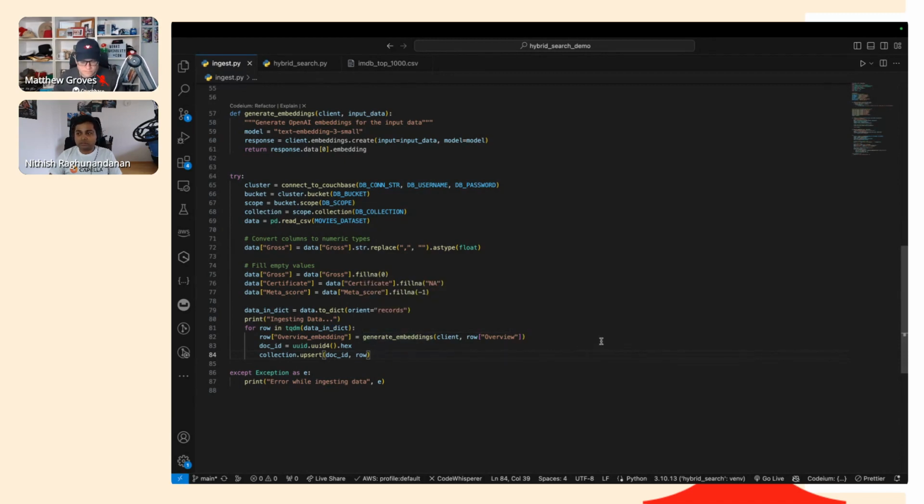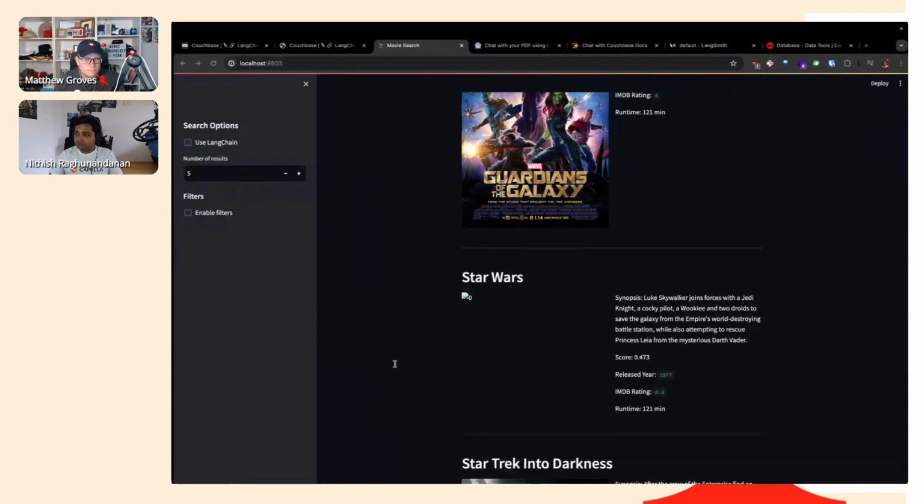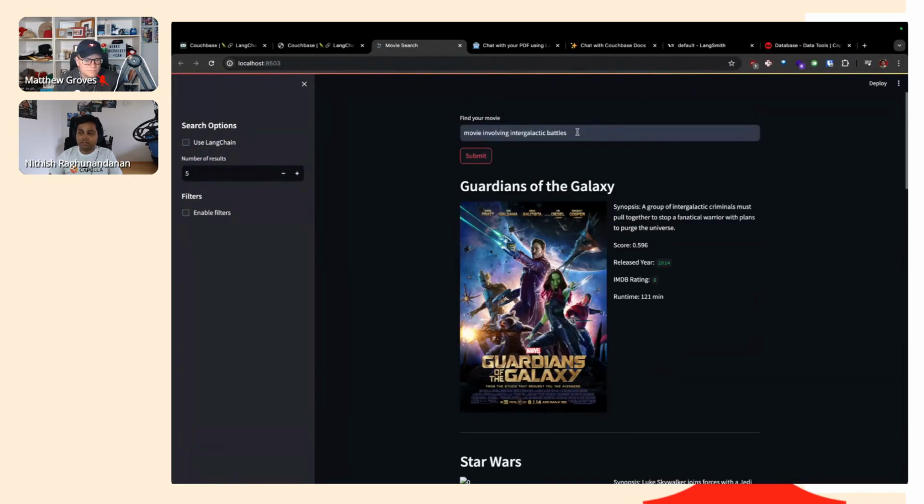So for each movie in this data set, I create OpenAI embeddings and insert it into a new field called overview embedding, and then just inserted it to the Couchbase KV store. Yeah, that's a small demo of how to use pure vector search using the Couchbase SDK.